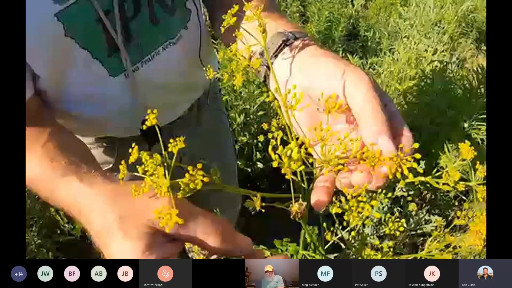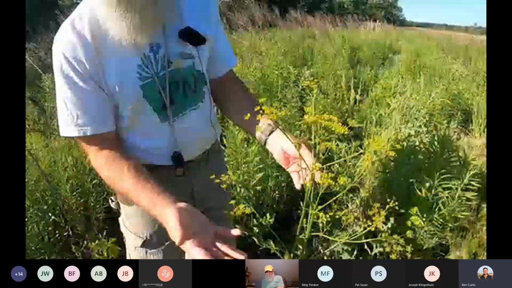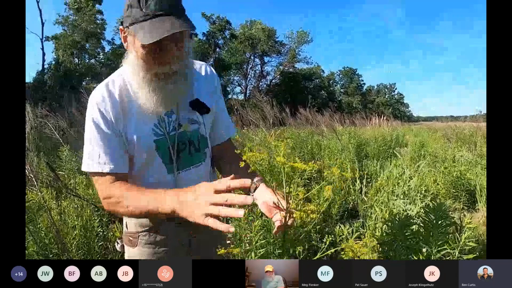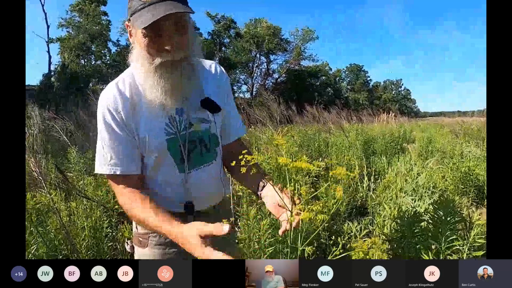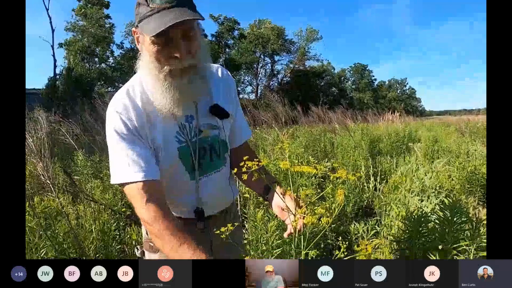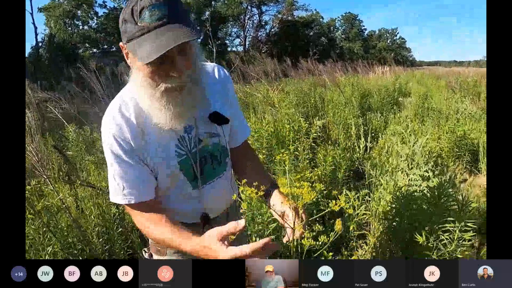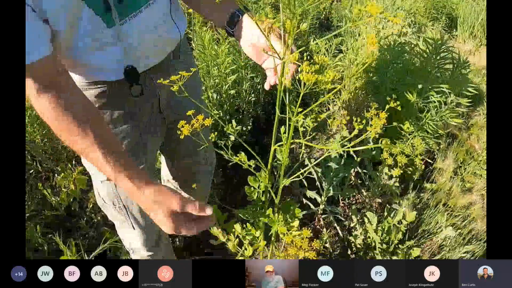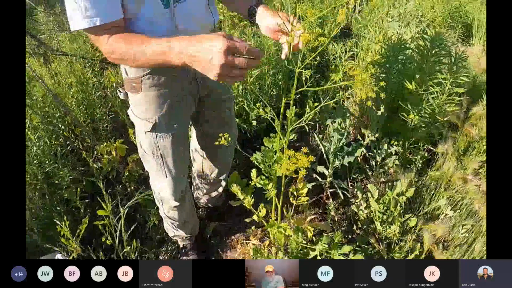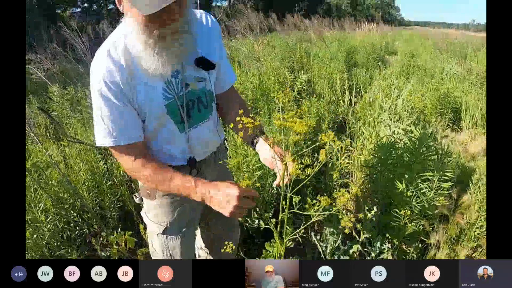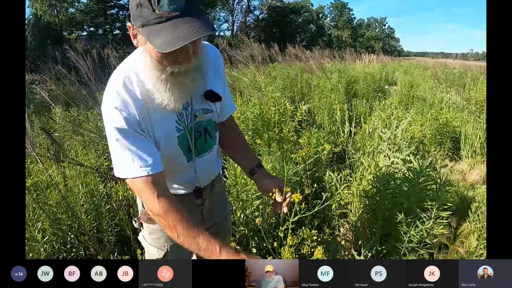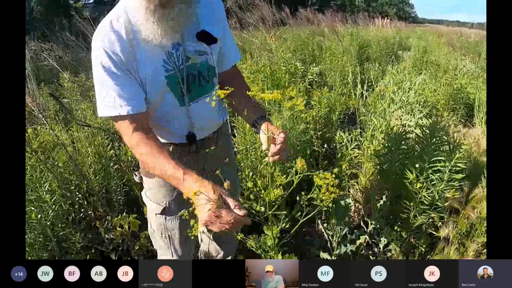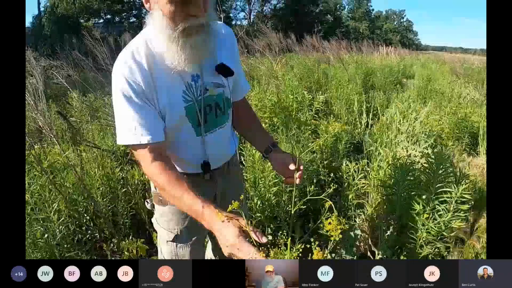So the look-alike here, of course, is golden Alexander, probably. The golden Alexander is a prairie species, grows in wet mesic prairies. It looks somewhat like this in terms of at least the yellow flowers and compound umbels. The fruits are smaller on golden Alexander. The leaves are smaller and a little bit different looking on it as well. But that's, again, one you'd want to be able to distinguish. Be sure you can separate wild parsnip from golden Alexander so you're not mistakenly killing golden